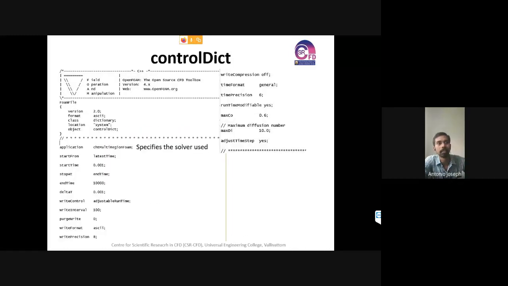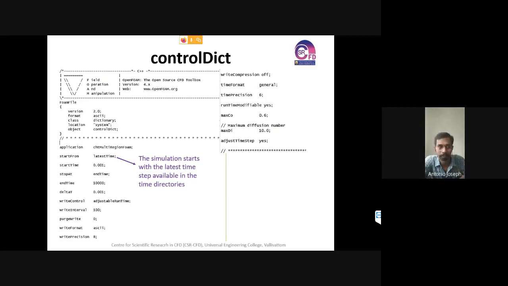Now, moving on to the control dictionary. We are using the CST multi-region form, so we are analyzing the transient keys here. It is used so that we are specifying the solver. I explained this yesterday while discussing the control dictionary.